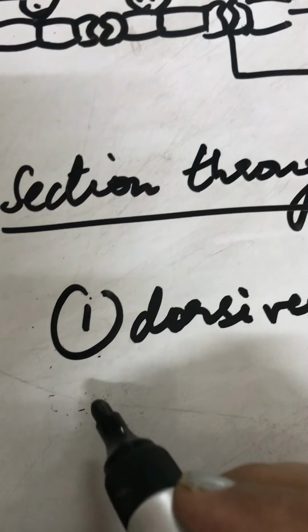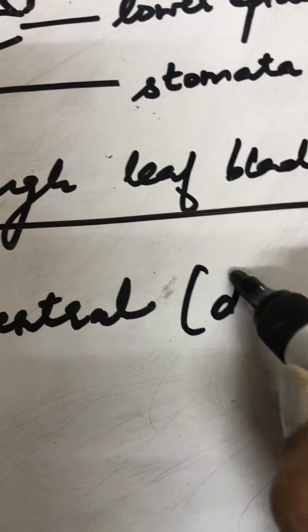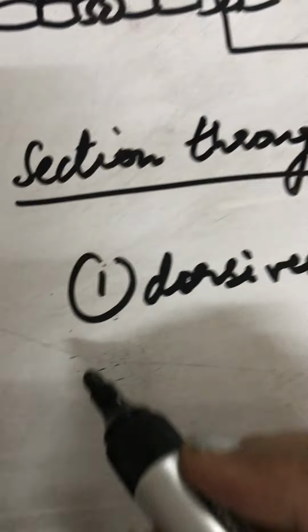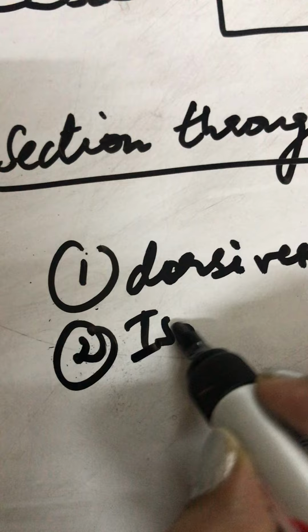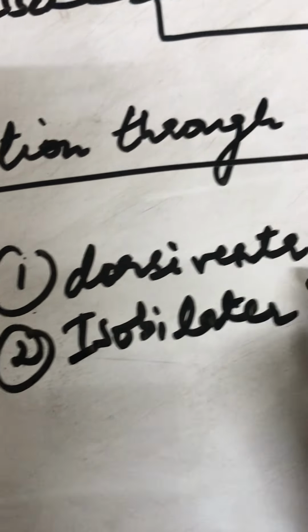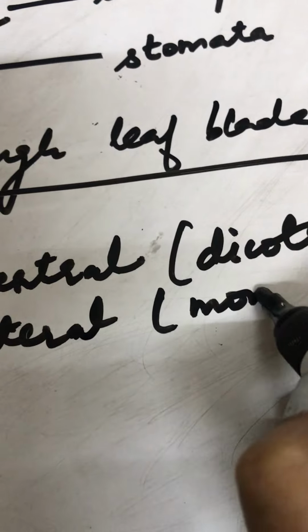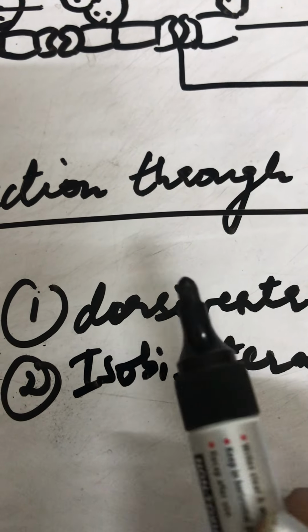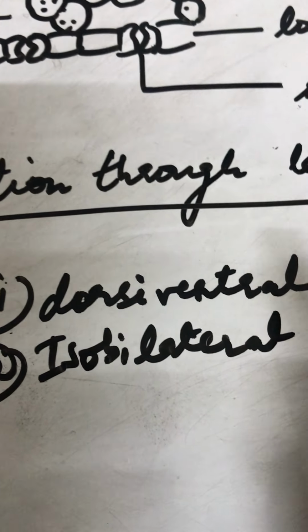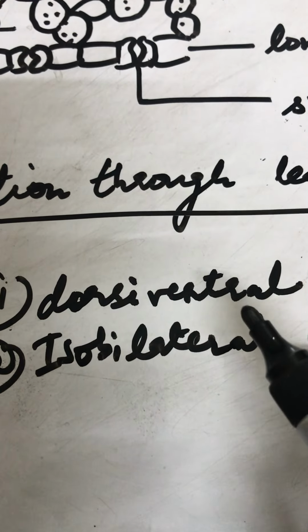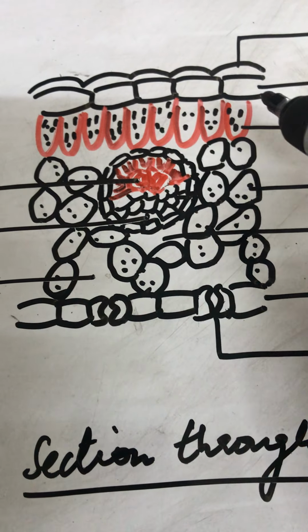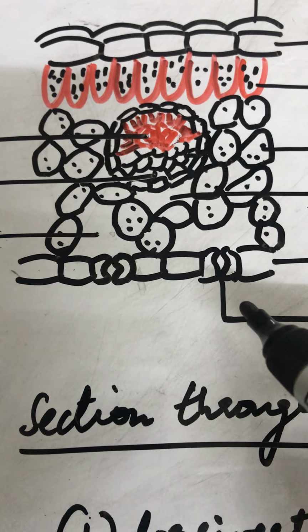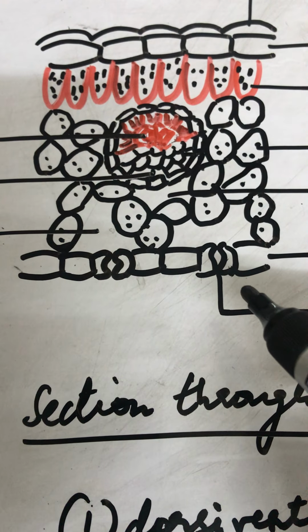Leaves are basically of two kinds. The one shown here is dorsiventral, which can be seen in dicots, whereas the other kind is isobilateral, which can be seen in monocots. Now, what does dorsiventral mean? Dorsiventral means having distinct or different upper and lower surfaces. That is dorsal and ventral surfaces when they are different from each other. Like here you can see fewer or no stomata on the upper surface, more stomata on the lower surface. So such a leaf is called dorsiventral leaf.